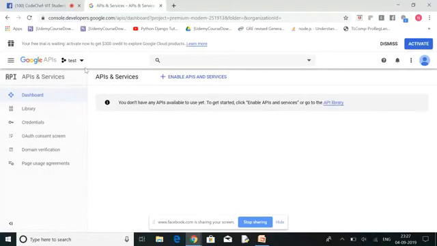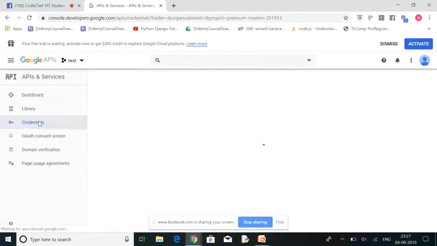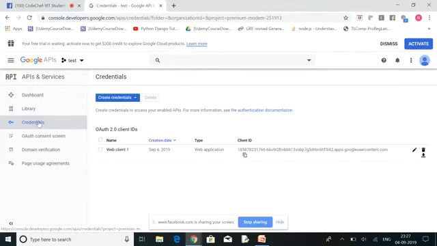Because I had already created my test project. So after you create the new project and enable the Google Plus API, then you go to the credentials part. My credentials have already been created, but because it will be a new project for you, you go to the credentials part and click on